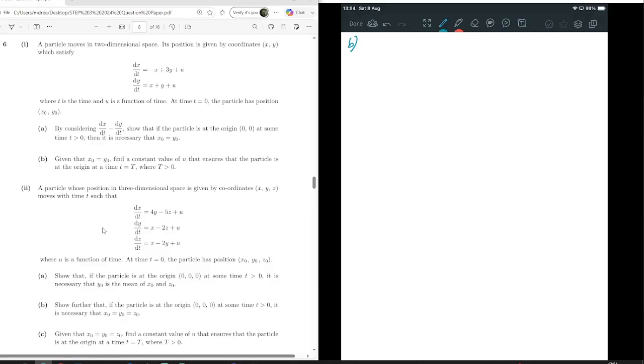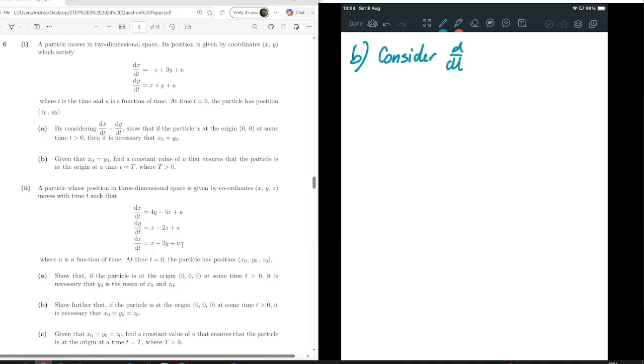But actually, if I look at this one here and this one here, I can cancel the x's and the u's out in one go. So I'm going to do that. And then if I can show that y naught is equal to z naught, but y naught is the average of x naught and z naught, then I'm actually sorted. So let's consider